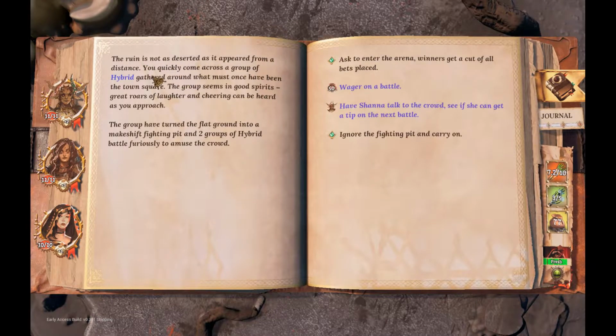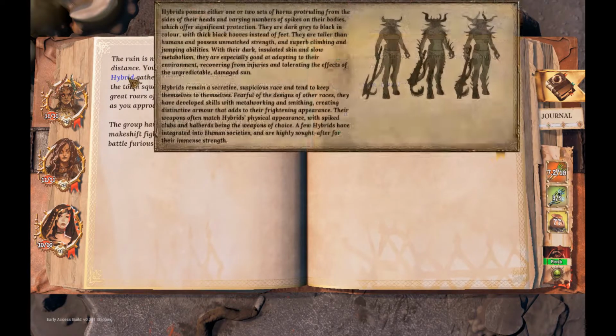You quickly come across a group of hybrid gathered around what must once have been the town square. The group seems in good spirits. Great roars of laughter and cheering can be heard as you approach. The group have turned the flat ground into a makeshift fighting pit, and 2 groups of hybrid battle furiously to amuse the crowd. So you can either wager on a battle,